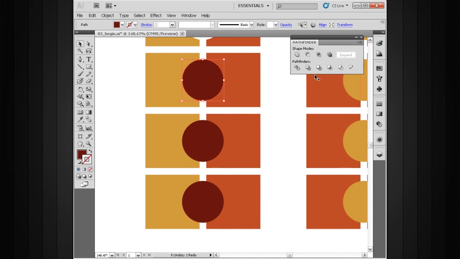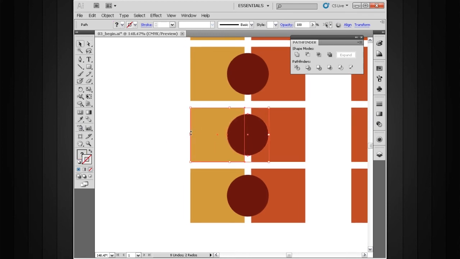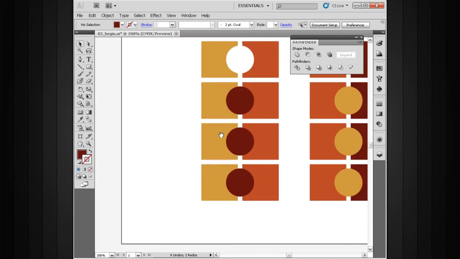This next Pathfinder is called the Merge Pathfinder. Now, this Pathfinder is going to work very similar to trim, and if we just select two objects here and merge those together, we can pull those apart and see that we've sliced away a part of the shape that was underneath. Now, the way that this Pathfinder differs from trim is when we're dealing with, let's say,